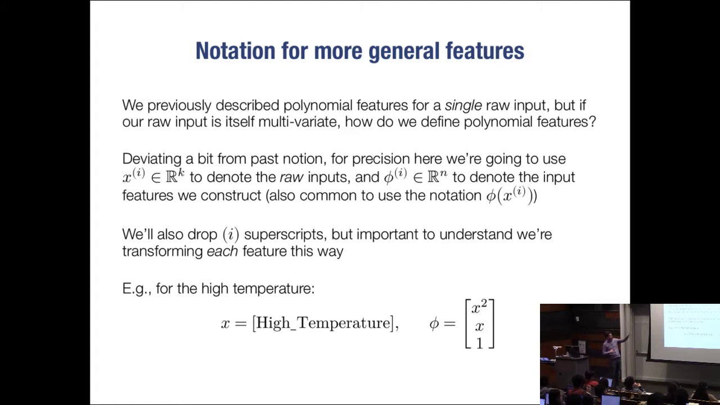They're kind of obvious when there's a single raw input, like temperature. The polynomials are kind of obvious, right? It's temperature, temperature squared, temperature cubed, however many you want to go. Also the constant term, which is temperature to the 0. But to define them for a little bit